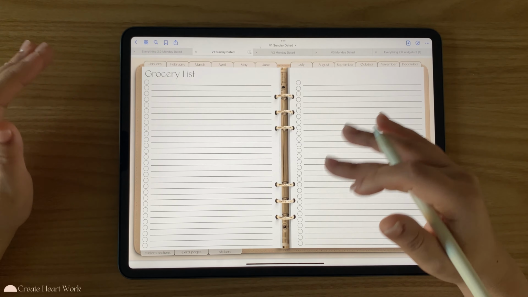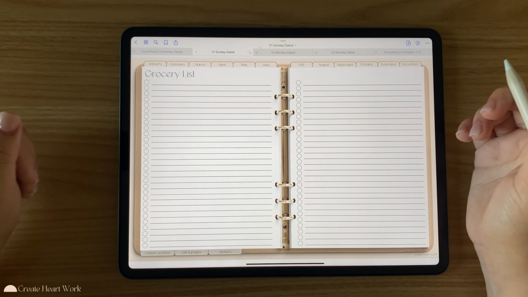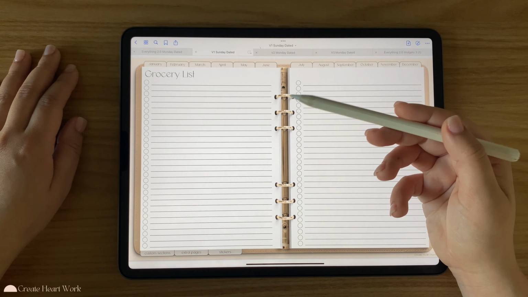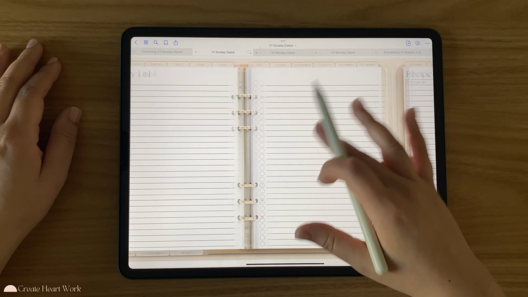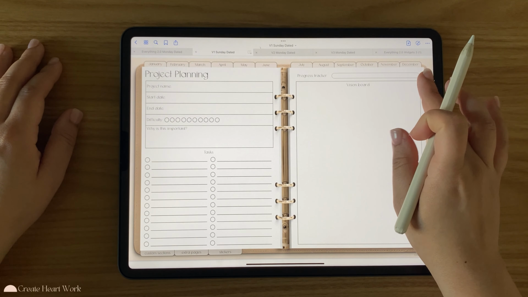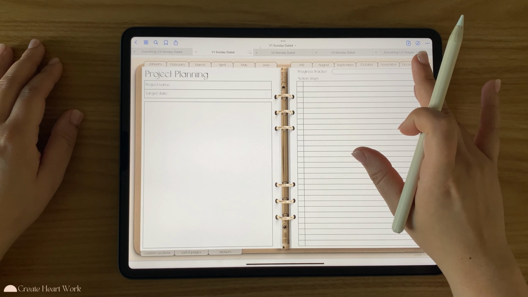But essentially, you will have everything in your custom sections. That way, when you tap on tab number 3, and if it's your grocery list, you know exactly how to find it. We have project planning,